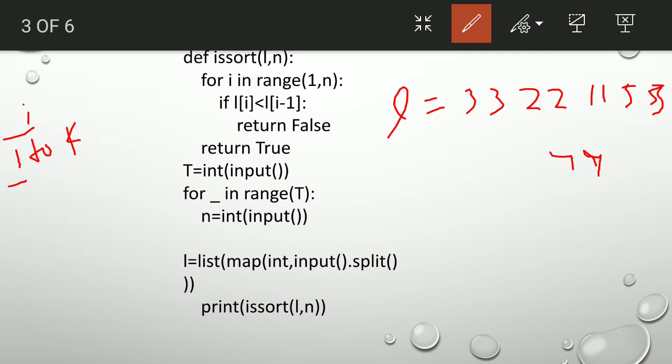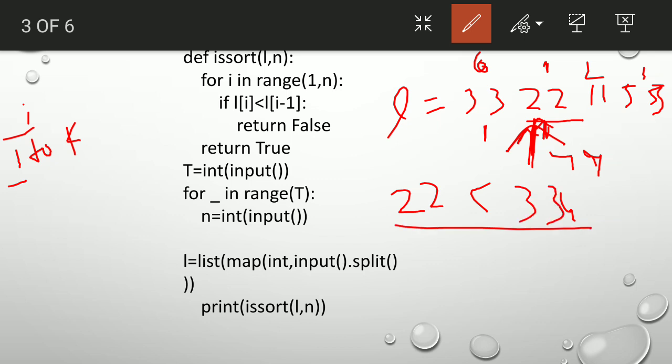We are not starting with index 0, we are starting with 1. The index starts from 0, 1, 2, 3, 4, but in this case we are starting from the one after the first, that is 22 is less than 33. Condition is satisfied.